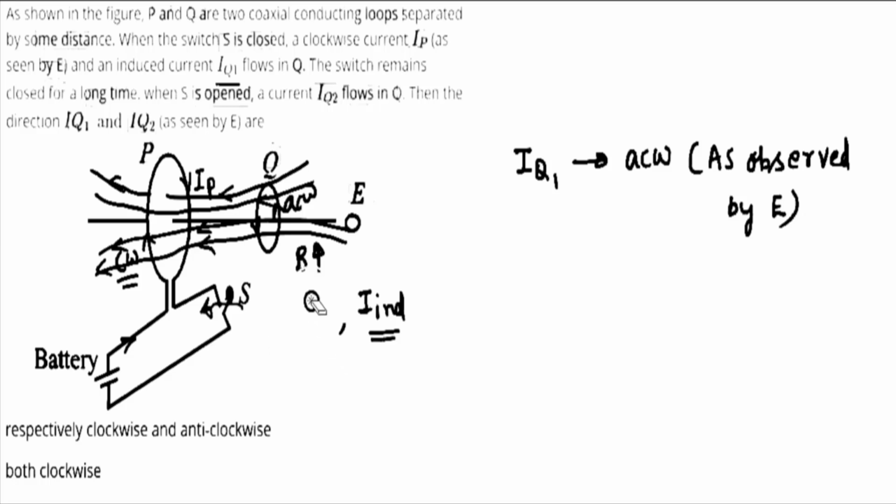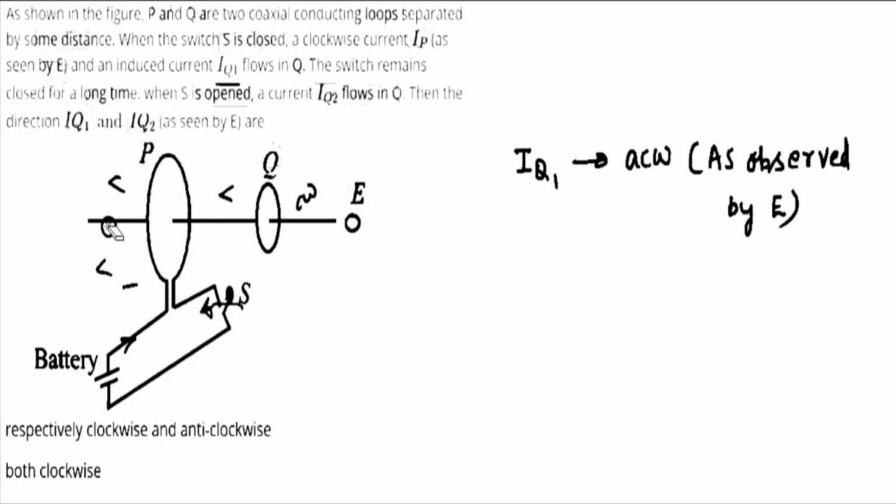Okay, now there is the second case. In the second case, we are given that initially the current is set up in the coil P, and this current is IP. Okay, now the switch is opened. So as the switch is opened, the direction of magnetic field, which was earlier from right to left in the coil Q due to the current in the coil P,